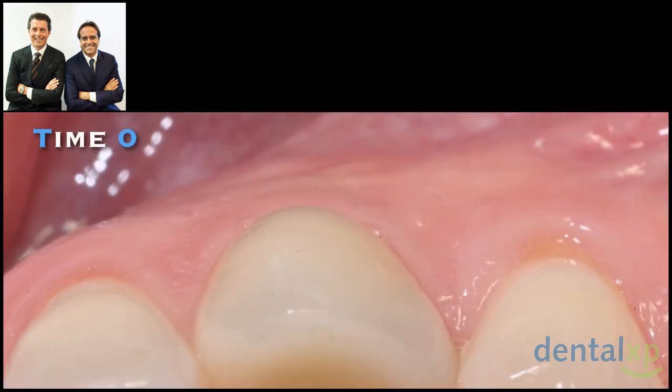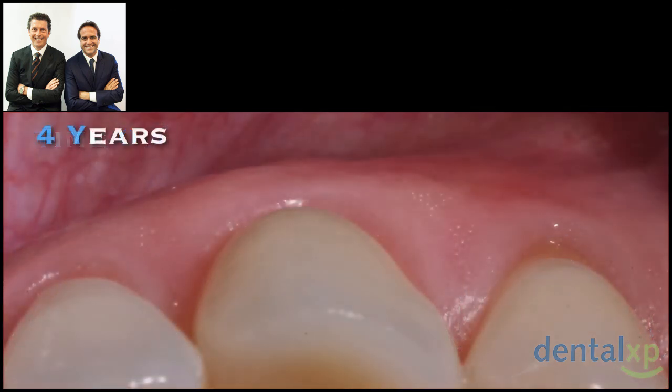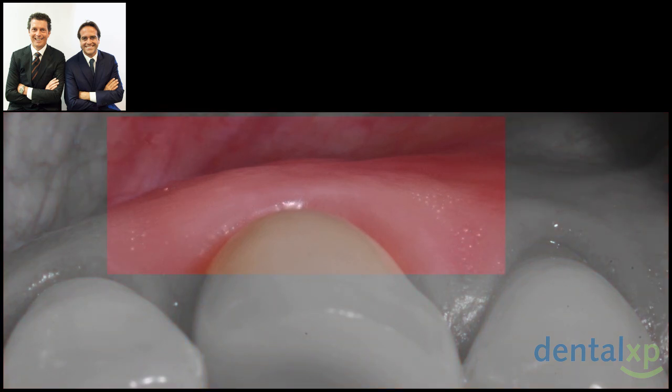This is time 0 when we first deliver the crown. Look at the small recession that we have on number 24. Look at 4 years. Yes, look what happened at 4 years. If you have a strict surgical and prosthetic protocol to treat this kind of patient, you can obtain this quality of result. Look at the creeping of the soft tissue, which keeps maturing and growing,